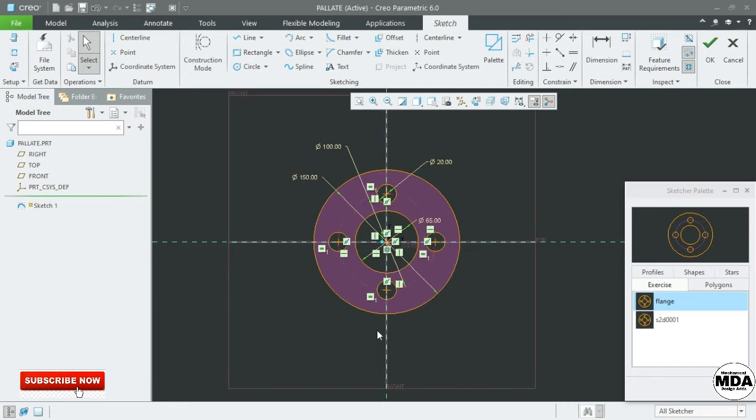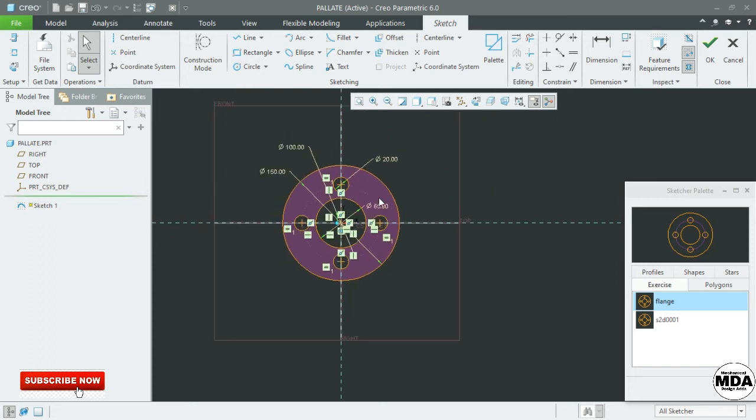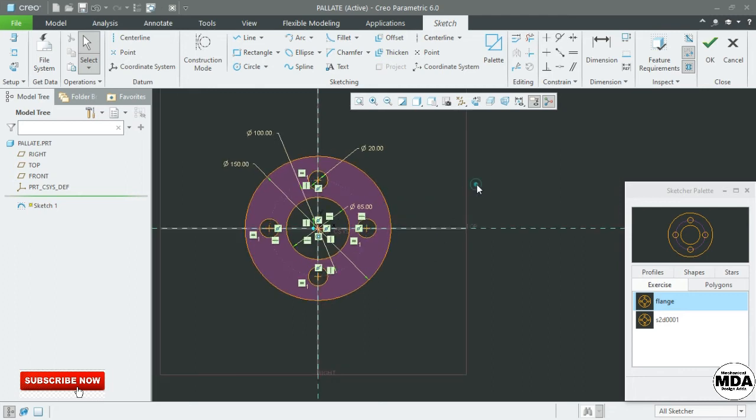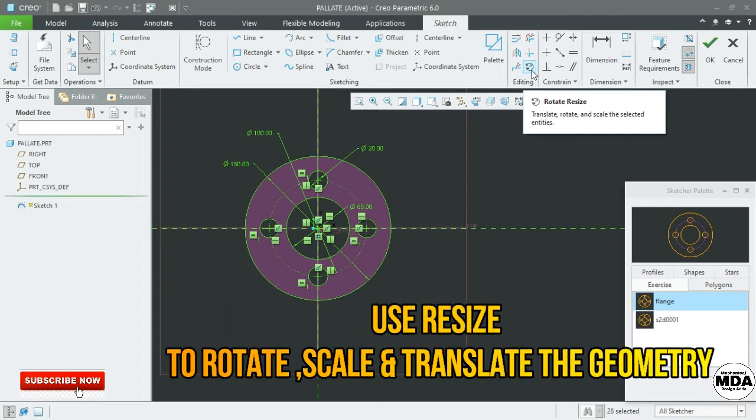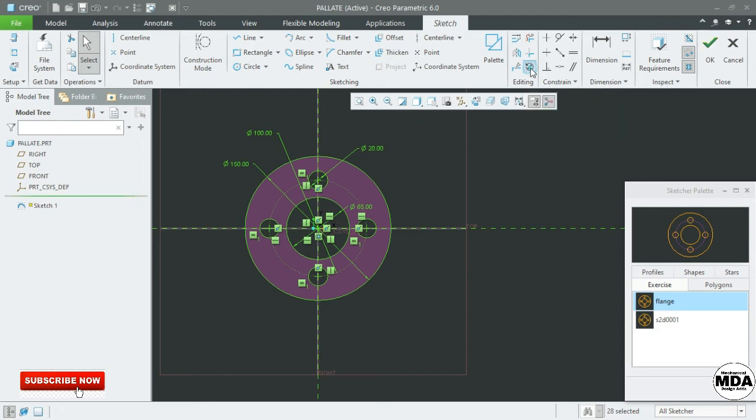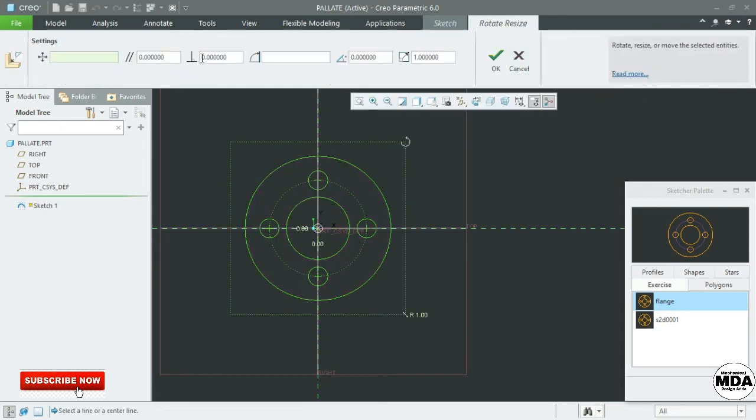Suppose now I have placed the flange profile here, and you want to reorient or move this profile somewhere. For that, select all the geometry, or you can select individual entities. Now the Rotate and Resize command is highlighted. With the help of this you can translate, rotate and scale the selected entity. A window is showing here.